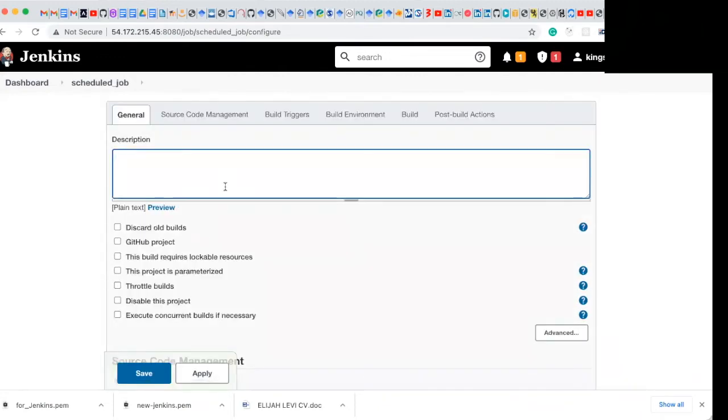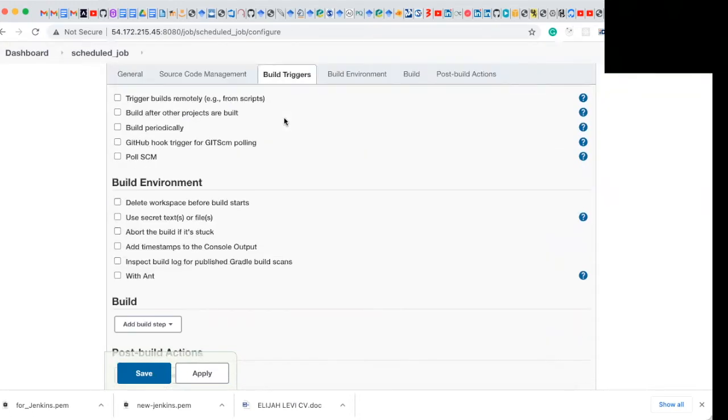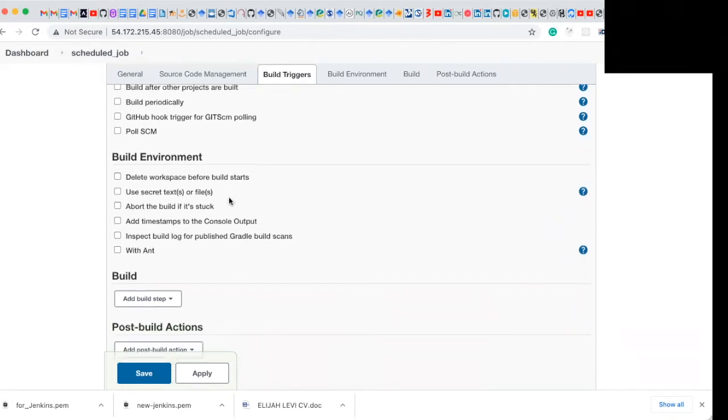Under the description, I'll type: this is my scheduled job. Then under here, click Build Triggers. Under Build Triggers, I'll choose